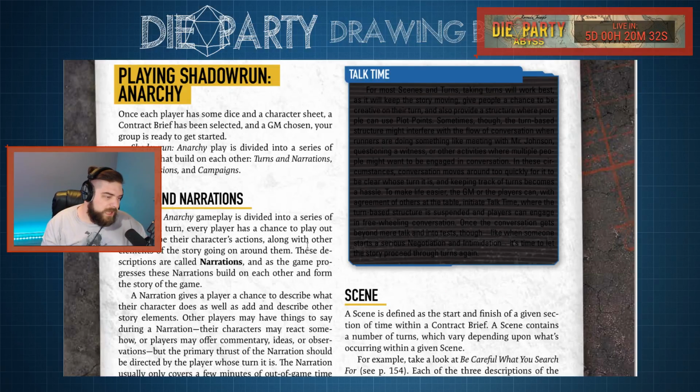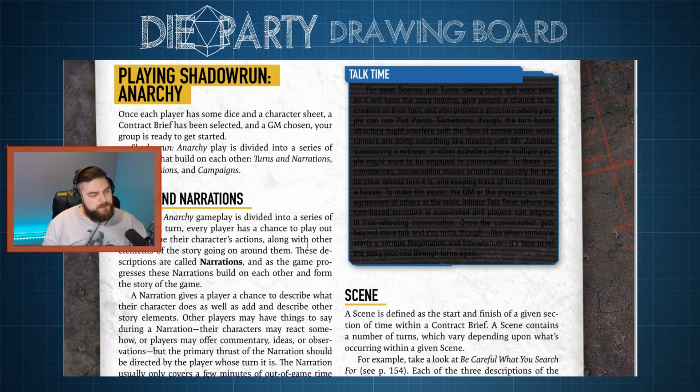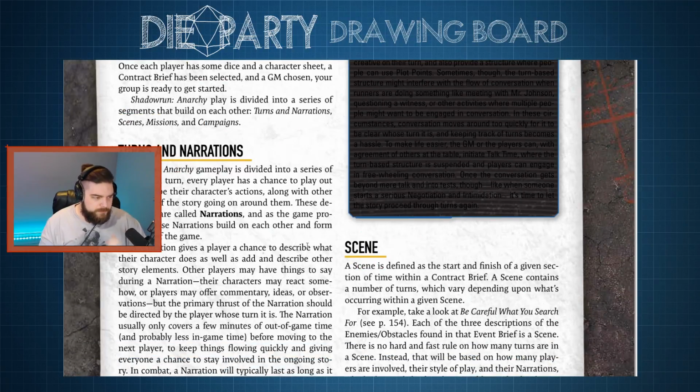A narration gives a player a chance to describe what their character does, as well as add and describe other story elements. Other players may have things to say during a narration. Their characters may react somehow, or players may offer commentary, ideas, or observations, but the primary thrust of the narration should be directed by the player whose turn it is. The narration usually covers a few minutes of out-of-game time, and probably less in-game time, before moving to the next player. To keep things flowing quickly and give everyone a chance to stay involved in the ongoing story, in combat...